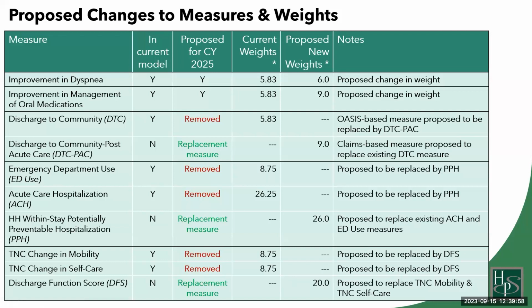The dyspnea and management of oral meds items will remain on the value-based purchasing model. The only change to them will be the weight of their impact on the total performance score will be changed from 5.83% to 6% for dyspnea and 9% for management of oral meds. The discharge to community item that is currently in VBP that is directly calculated from OASIS will be removed from